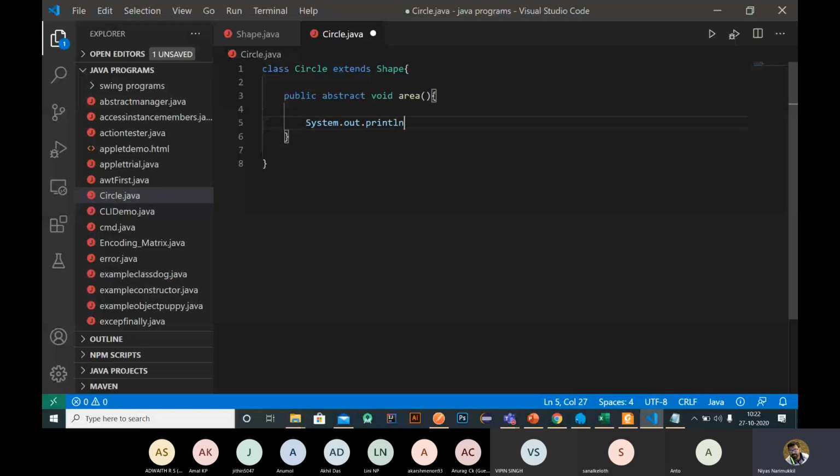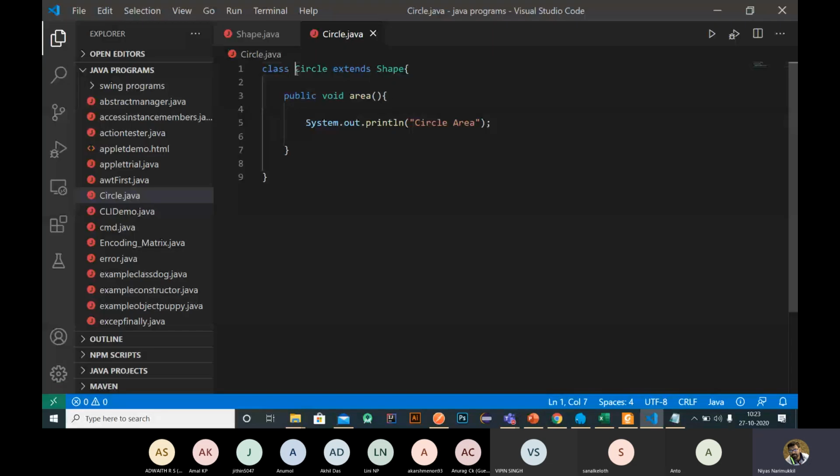In that manner, we need to implement the complete method inside the class. In this case, we don't need the abstract keyword. We need to avoid it because we are implementing this area, and now this area is not abstract, right?